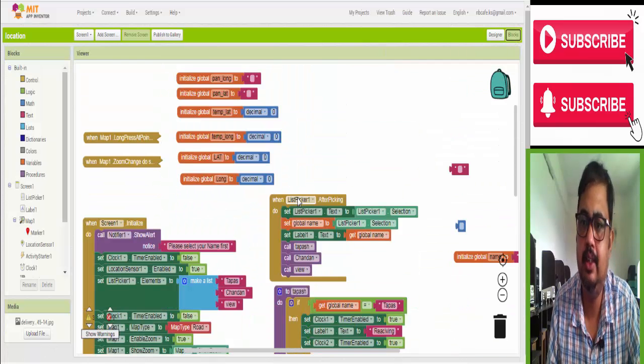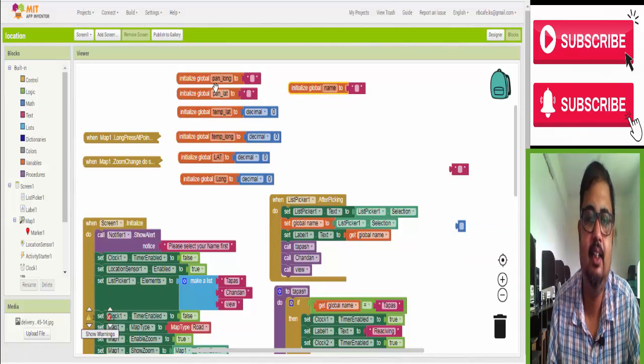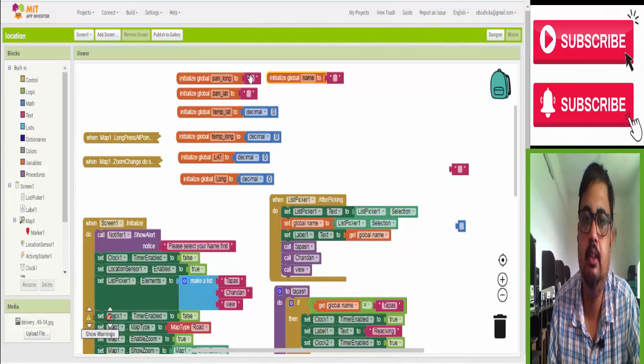See, lots of blocks are there, but you should not be confused by that. See, some global variables we take: pan long, pan lat, temporary lat. See the difference you have to watch. These three global variables are declared as character or text.